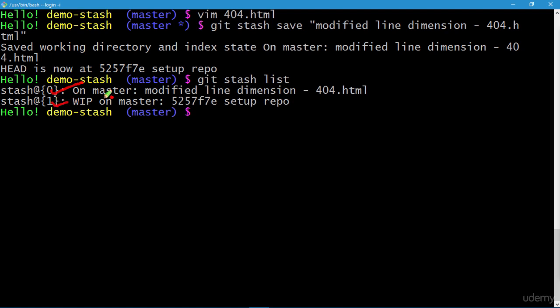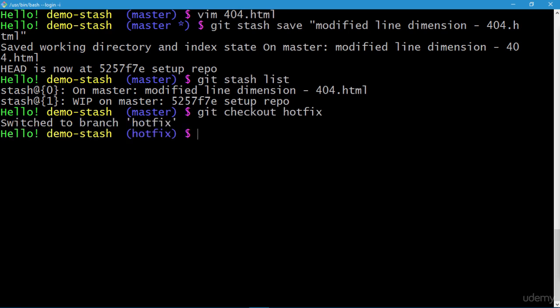So basically there is a reverse order of display of stash. So now that we have saved our stash, I'll switch back to the hotfix branch using git checkout hotfix. Press enter, and again I'll modify the